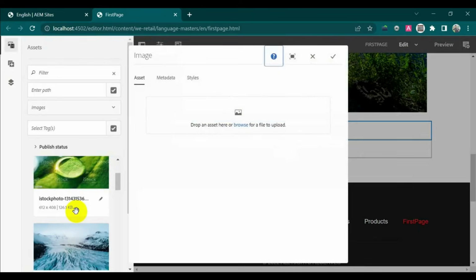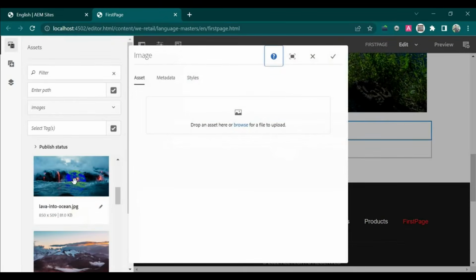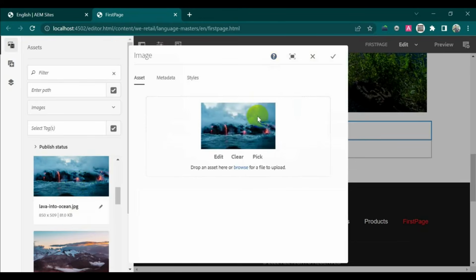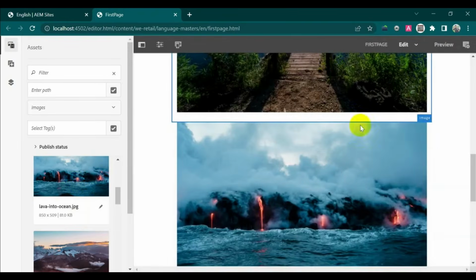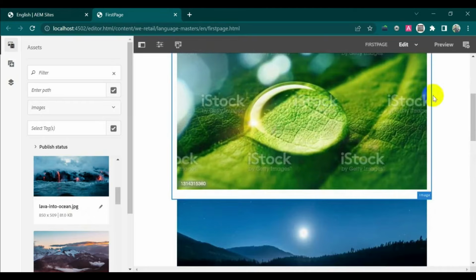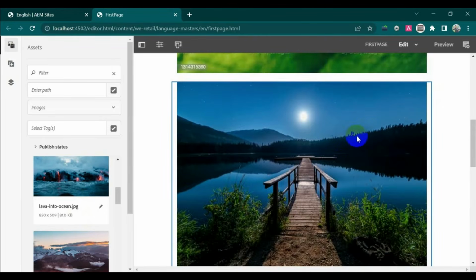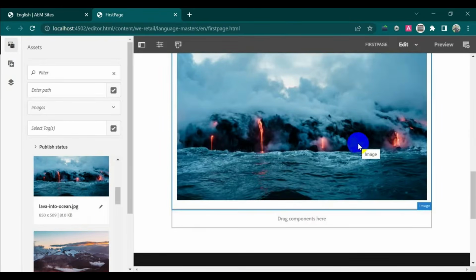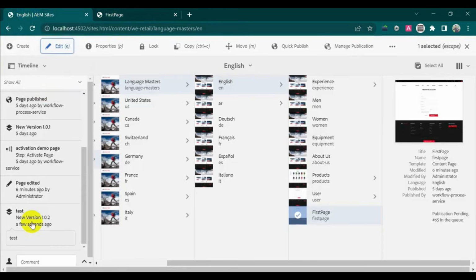I am going to drag and drop another image. In this page I have one text, a green color image and a sunrise image, and I have added another image now. Okay. Again I am going to the version, refresh the page,